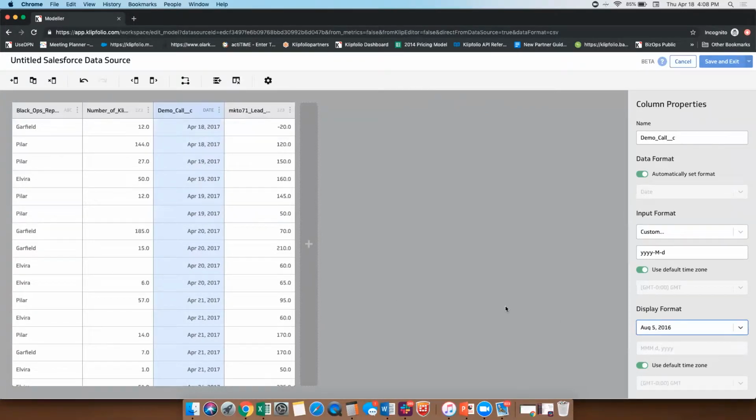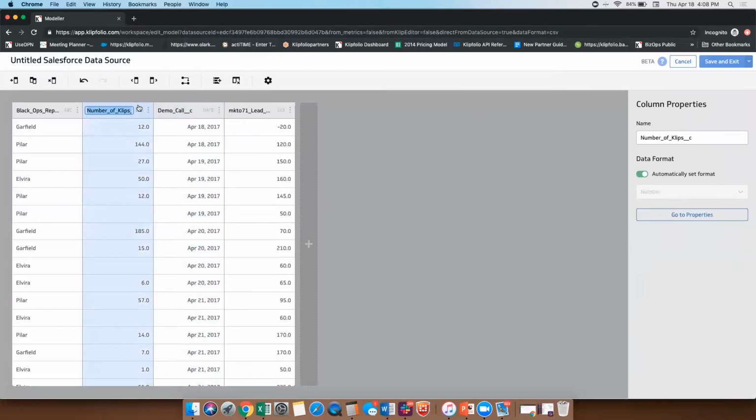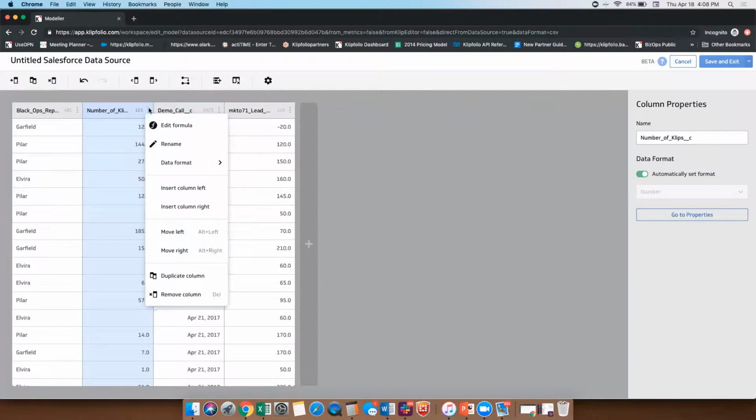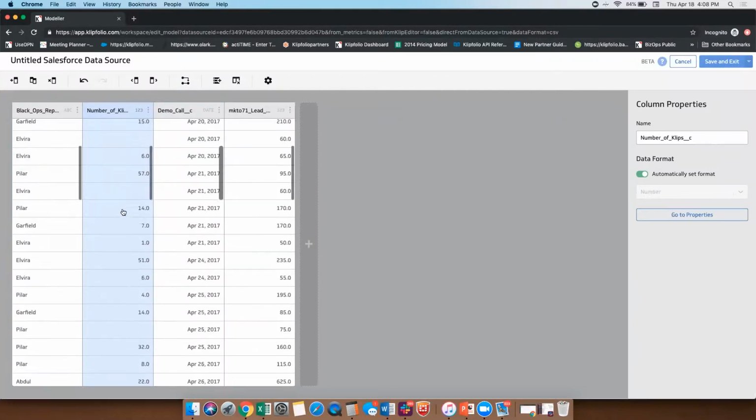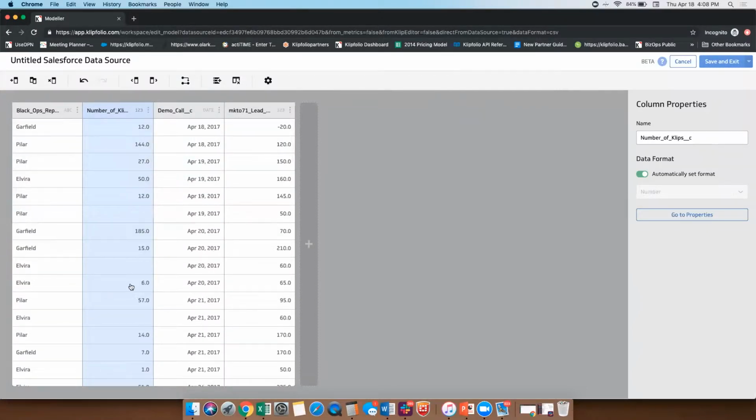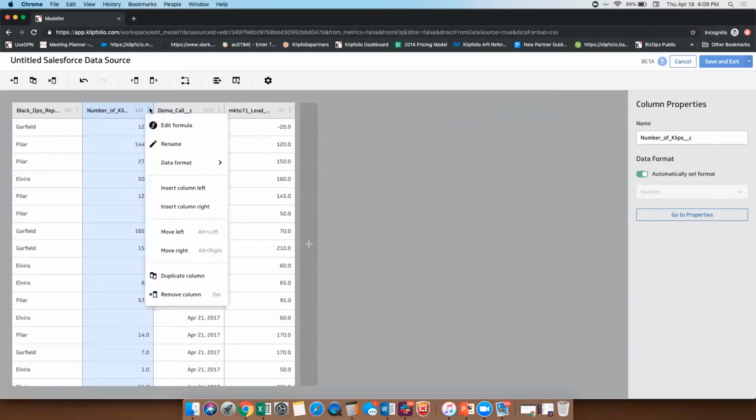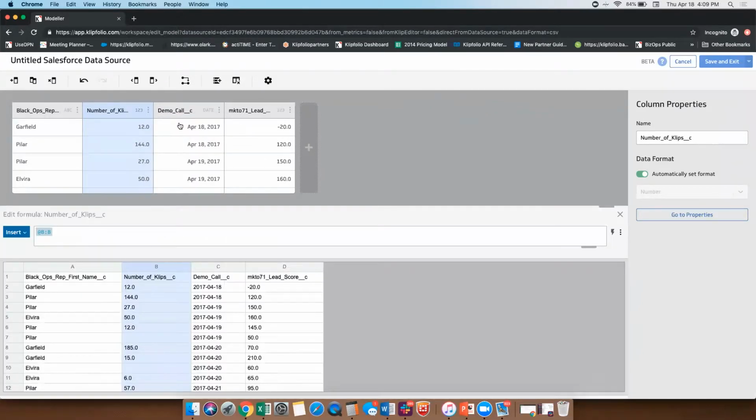I can quickly override that. I do have the ability as well to manipulate this data. So one thing that I've done in a number of cases is here we've got actual numerical values coming into Klipfolio. Let's imagine that I'm not interested in these exact raw values. I want to apply a little bit of logic to this raw data to be able to consume it in